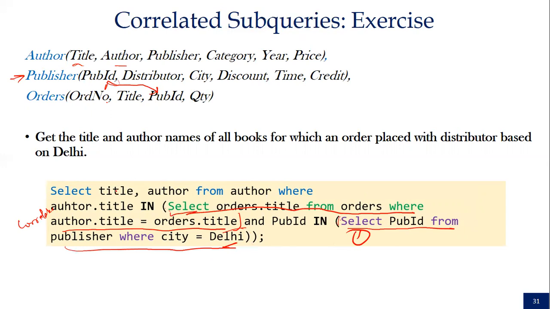After that, the outer query will execute for every row. Oh sorry, in this second, this query, this is the first one and this is the second one. This will complete in one go, one time. It is independent, okay. But this query, this first one, will be executed for every row of the outer query. Is that okay? It will come up to here, and there is an AND condition also, so for every row it will be executed, okay.